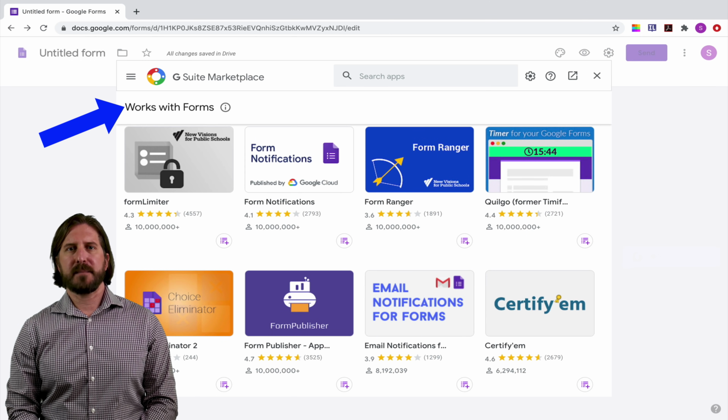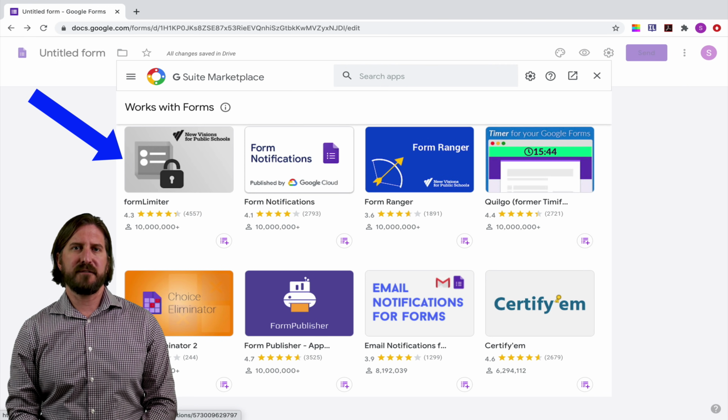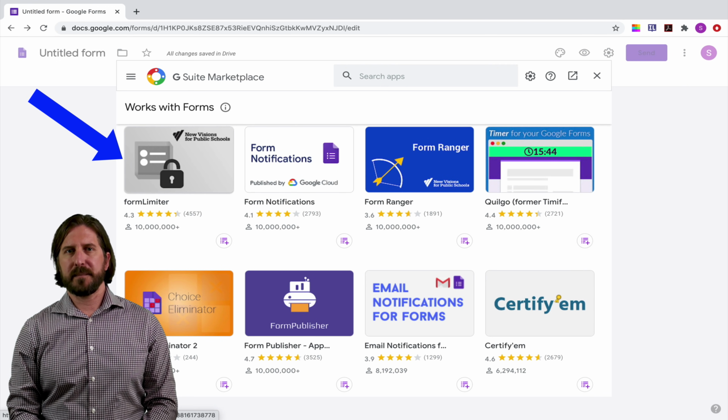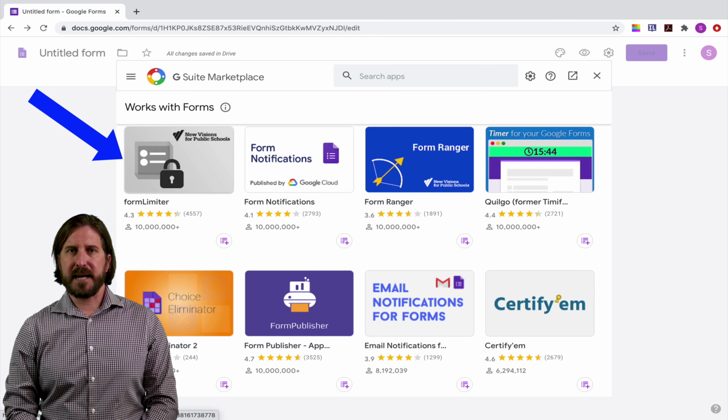And in this video, I'm just going to focus on ones that add extra functionality when we're building quizzes for students. So the first one that I'm going to get is called Form Limiter. And Form Limiter is going to allow me to limit the amount of time that a quiz is available for students. This is different than creating a timed quiz, and I'll show you what I mean in just a second. And then since this is the first one, I'll walk you through the whole process of installing an add-on on Google Forms and then skip that for the rest of the add-ons.